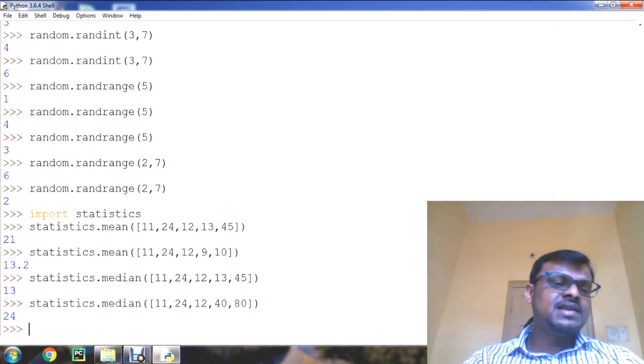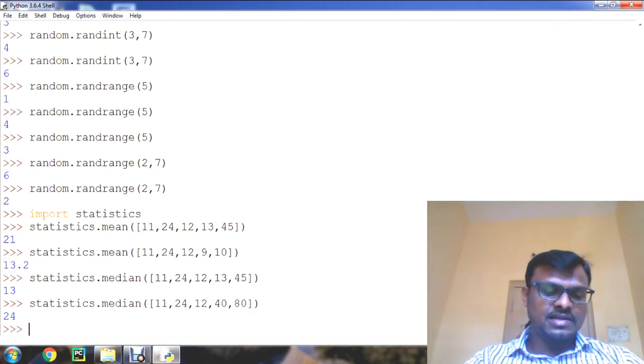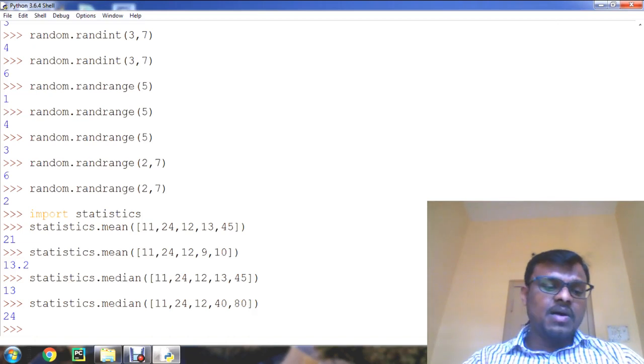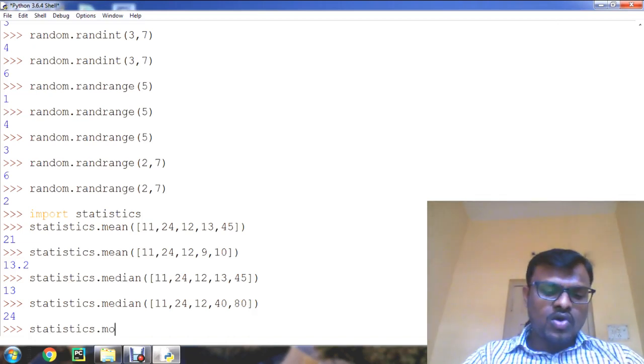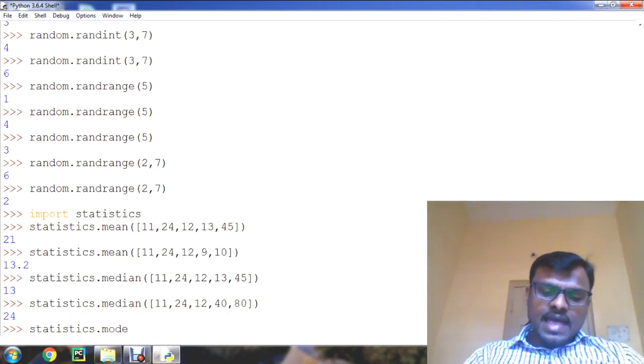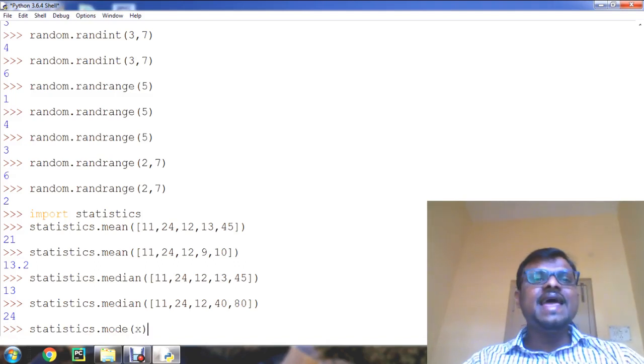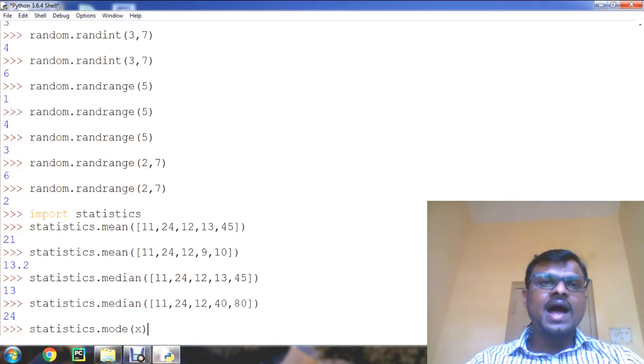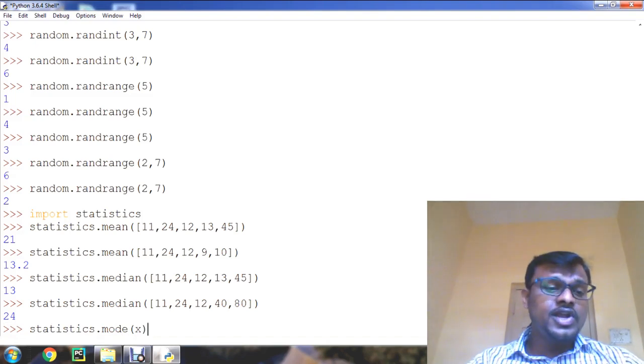Now we have another statistics function, that is statistics.mode. The statistics.mode function takes x as the argument. This x is a sequence, as we know, and this mode function is going to return the most repeated value in the given sequence.